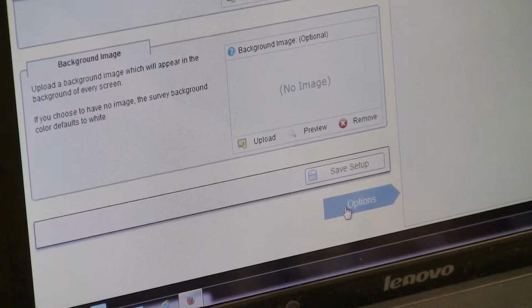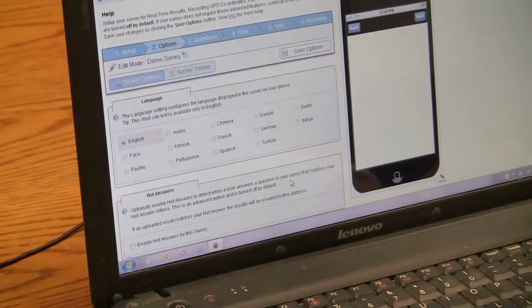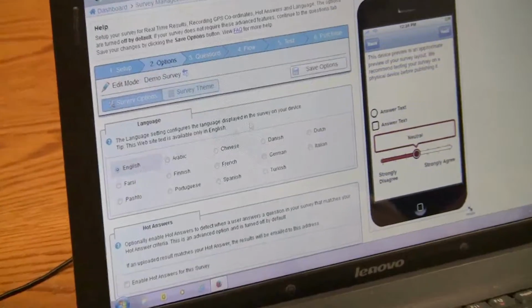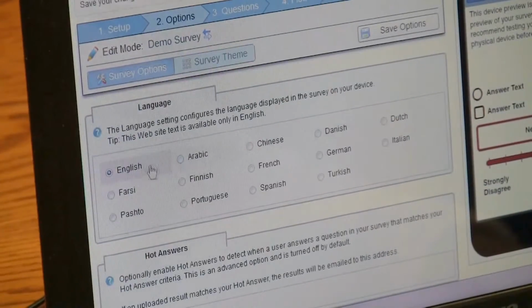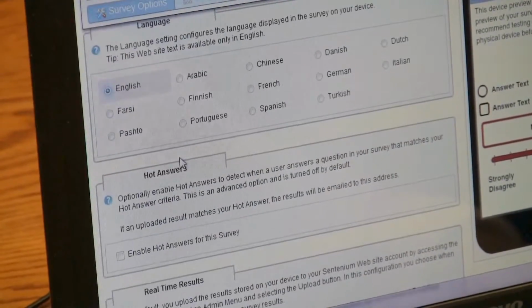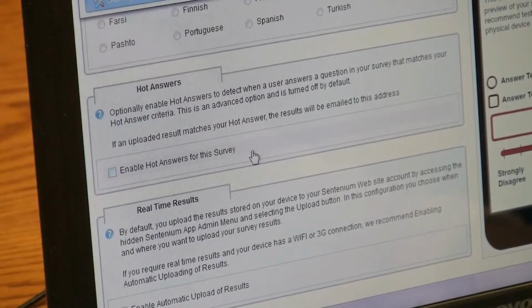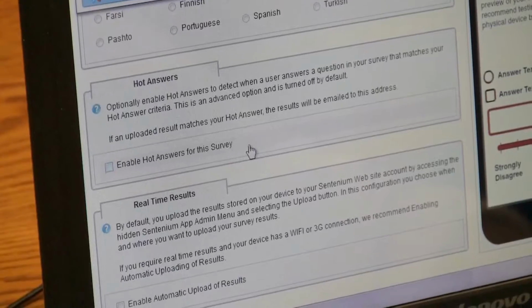and move on to options. In options, you can select a survey theme and languages. So for now, let's say we'll do English. Hot answers, those are questions